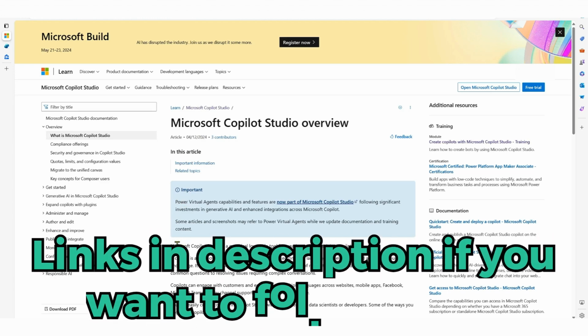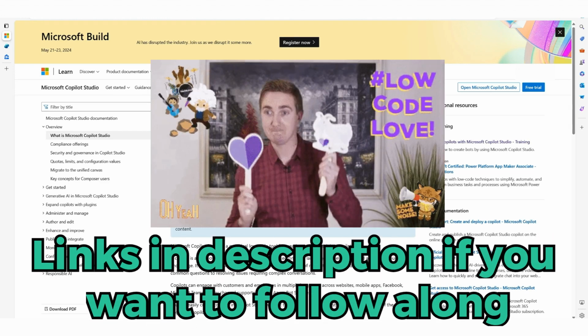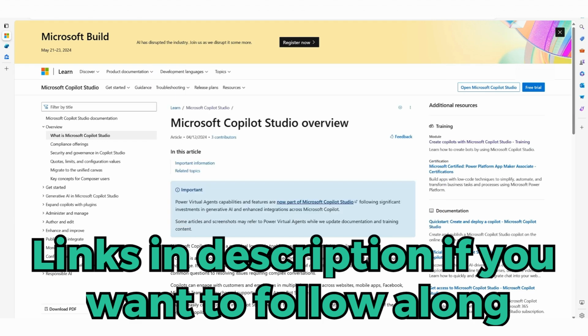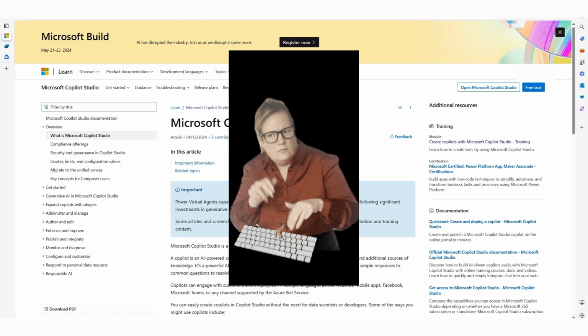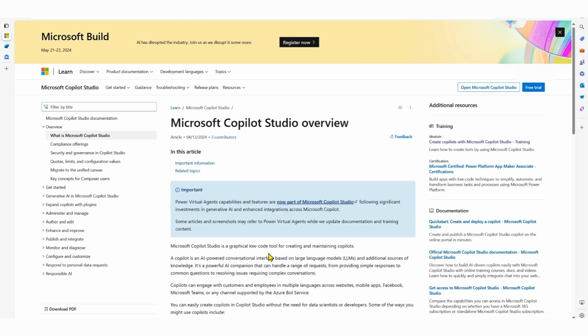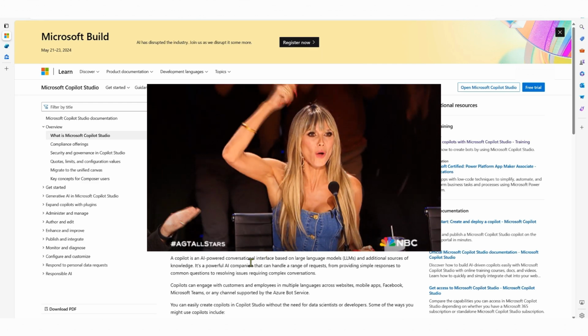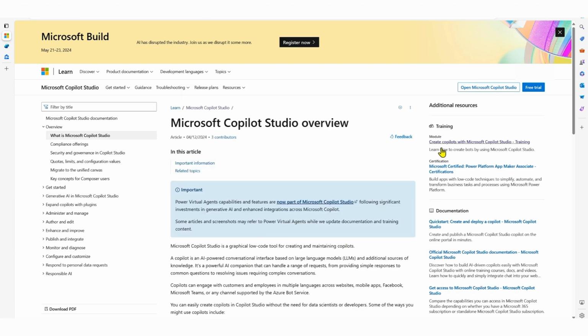Today we're going to take a look at Copilot Studio. It's a graphical low-code tool for creating and maintaining copilots. So the idea is that you should be able to leverage this capability to build copilots for whatever use case that you have. We're going to dive right into it, and we're going to be following along with one of